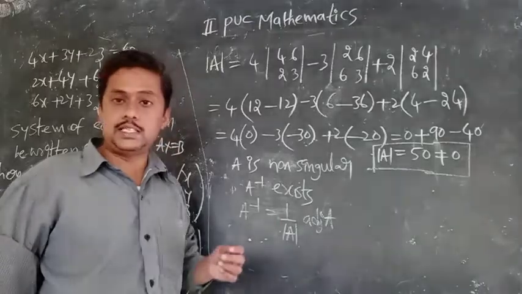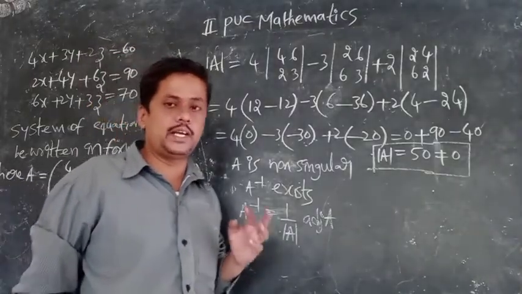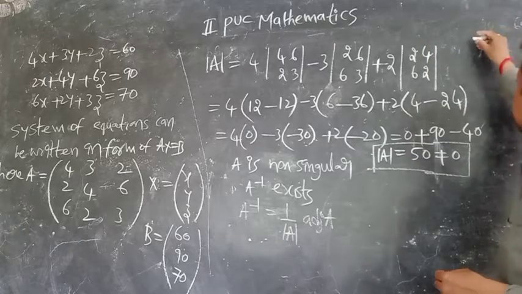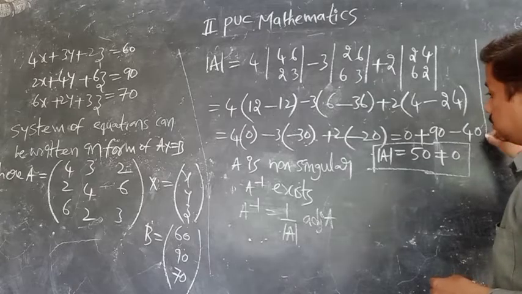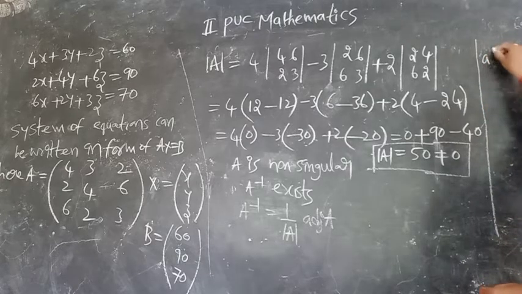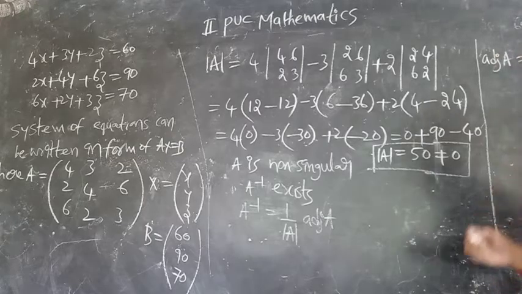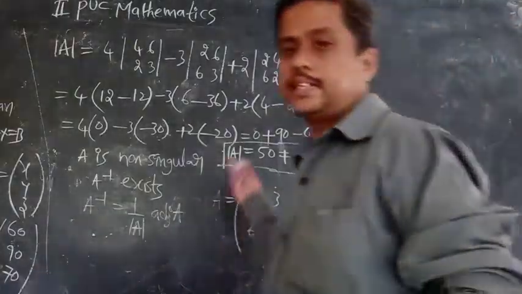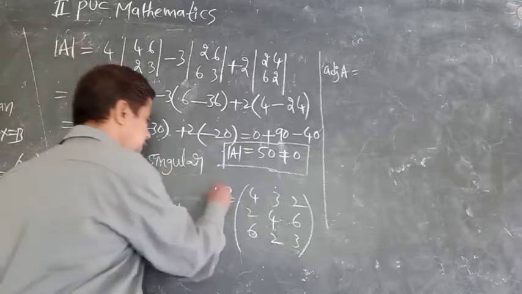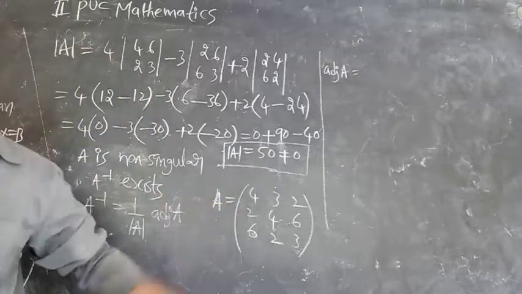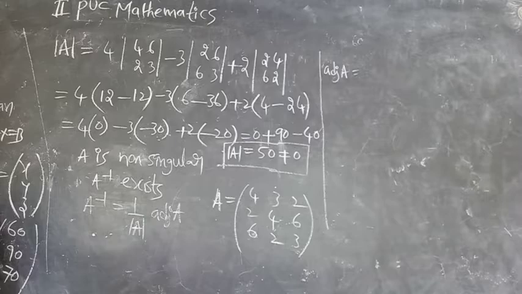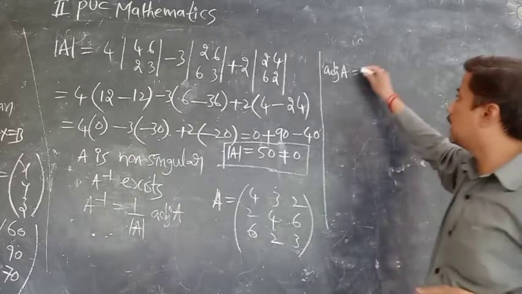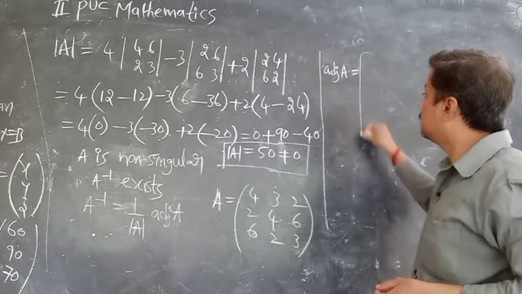Now we have to calculate the adjoint matrix. So how to calculate the adjoint matrix? I will tell, please listen. Adjoint A is equal to... see how to calculate the adjoint matrix. So this is the A matrix, already written there. It is not visible, that's why I wrote it here. Already many problems related to the adjoint matrix have been done. Tell me how to solve this one.